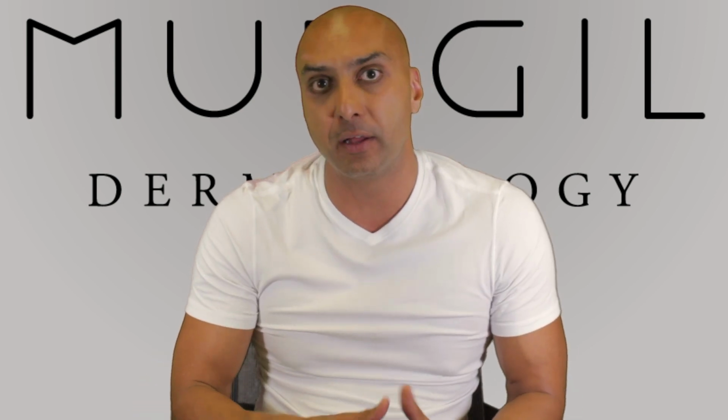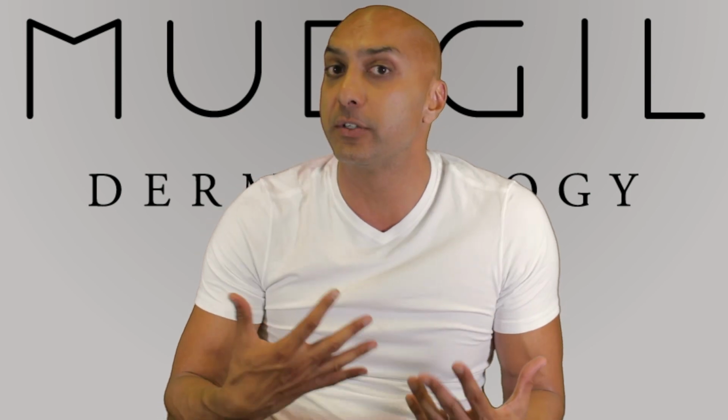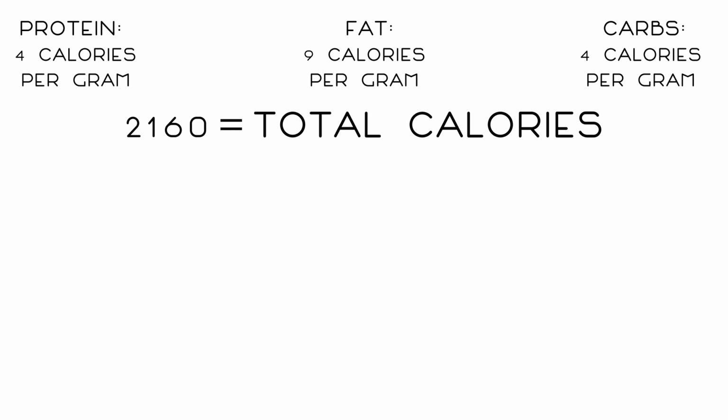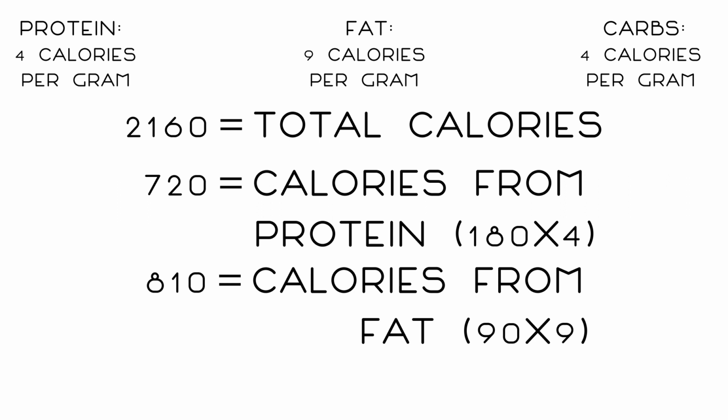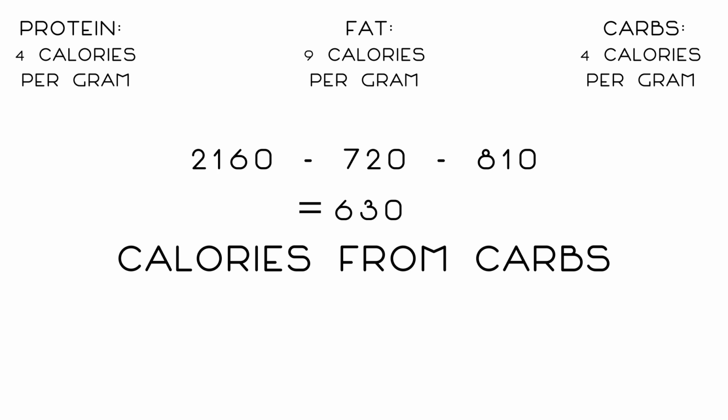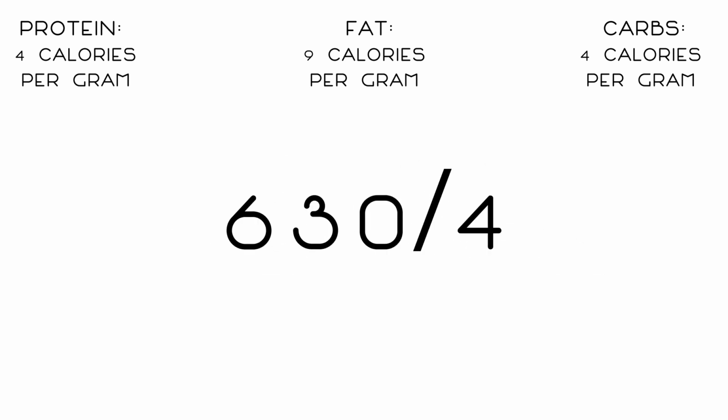Let's go back to that guy or gal that's trying to get to 180 pounds. Okay, so let's figure out how many carbs you're allowed to eat. So we're gonna take 2160, which is the target goal for the guy or gal who's trying to get to 180 pounds. They're consuming 720 calories from their protein intake, and they're consuming 810 calories from their healthy fat intake. So 2160 minus 720 minus 810 leaves you with 630 calories that you're allowed to eat from carbs. So what we do is we take that 630, we divide it by 4 because it's 4 calories per gram of carbohydrate, and that leaves you with